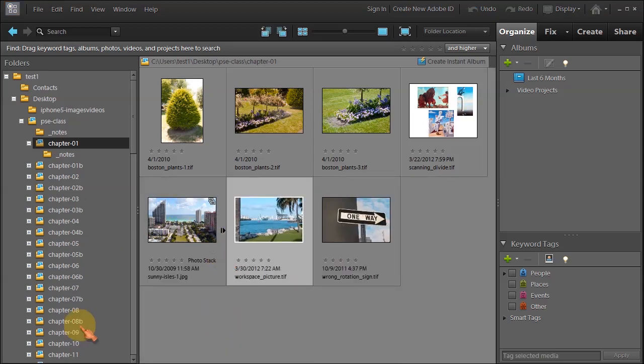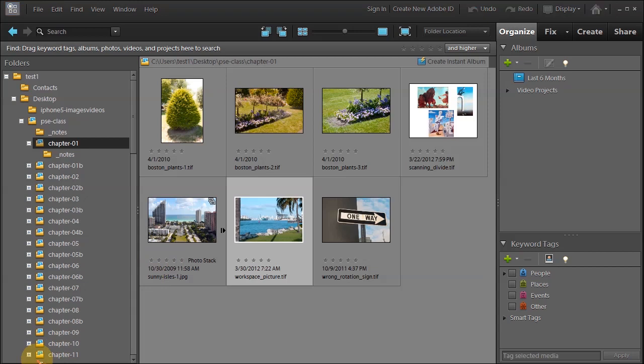Now, let's say for the sake of argument that this scene that I know is Miami Beach, maybe I will say this is Sunny Isles. So maybe we want to take this picture and add it to the Sunny Isles stack. So how would we do that? Well, I would intuitively think I would just drag it and put it into the stack. But in Photoshop Elements, you don't do that. What you have to do is